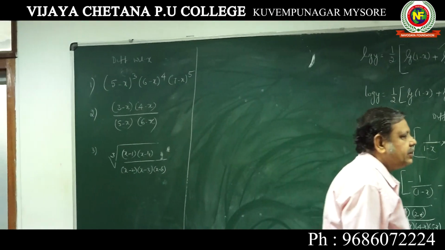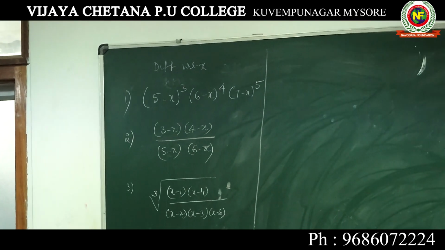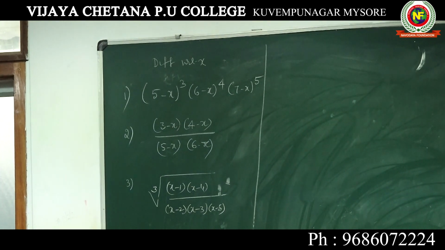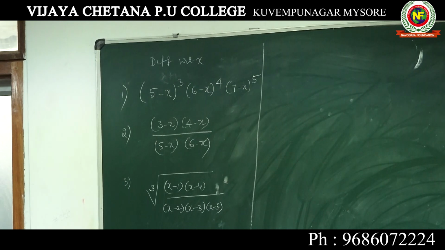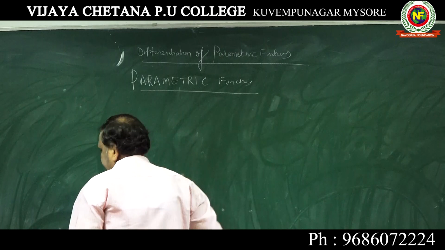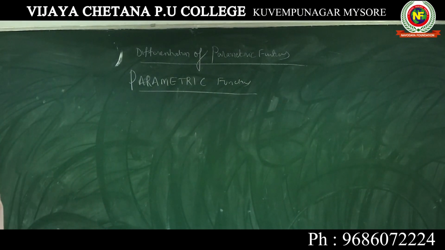What is a parametric function? How to identify a parametric function and how to differentiate it, we shall do it. Differentiation is a very important chapter, and parametric differentiation, the parametric function. First you should know what a parametric function is. An explicit function is one which can be expressed explicitly in terms of x. Implicit function, you know, f of x y, both will be there.